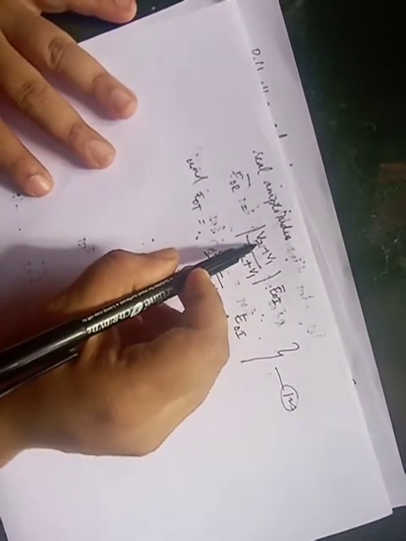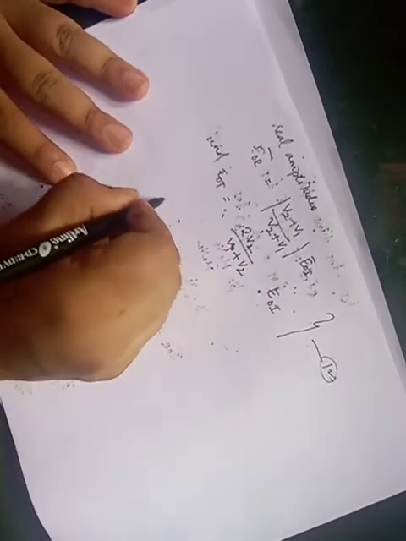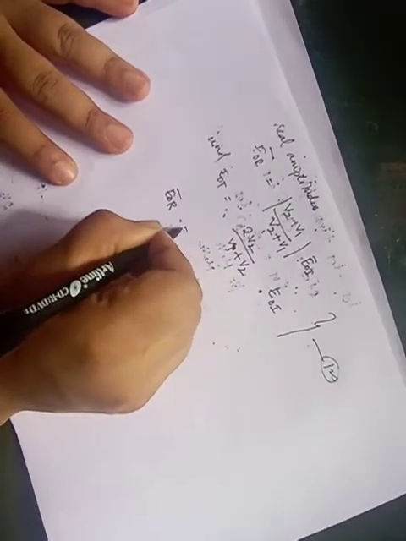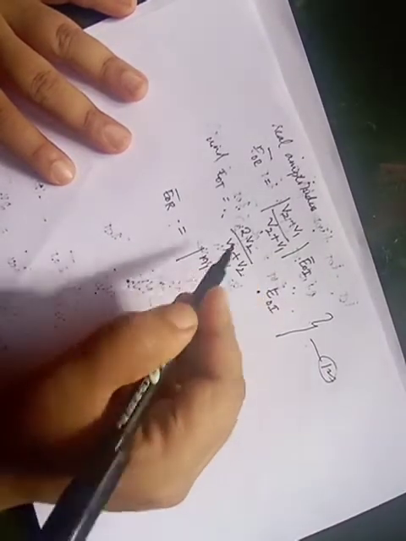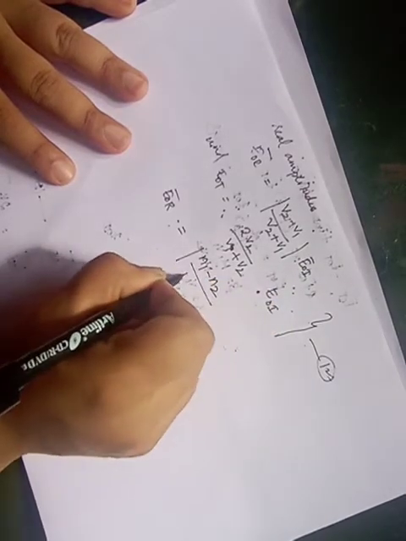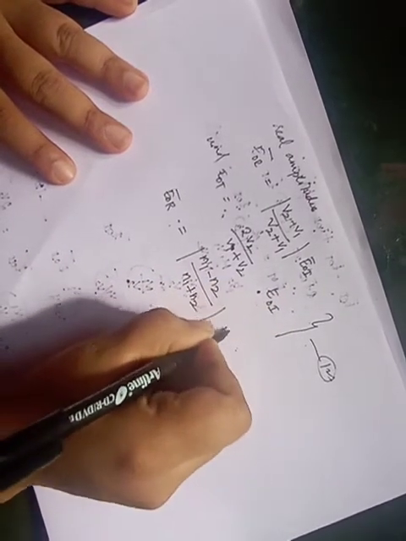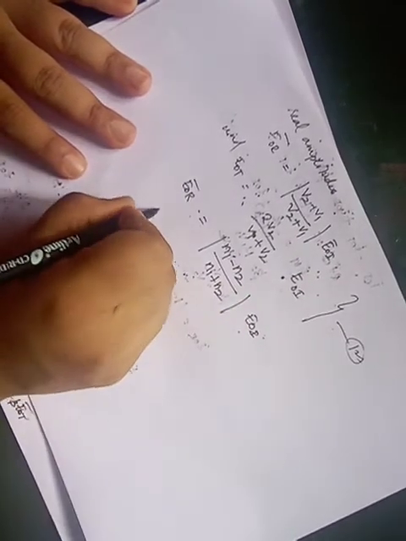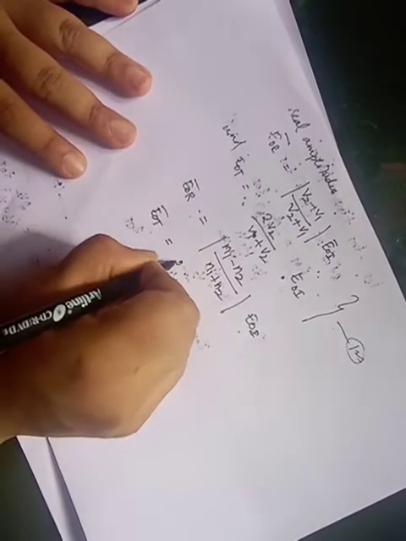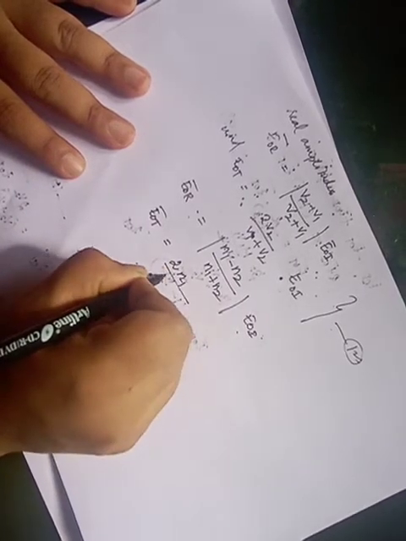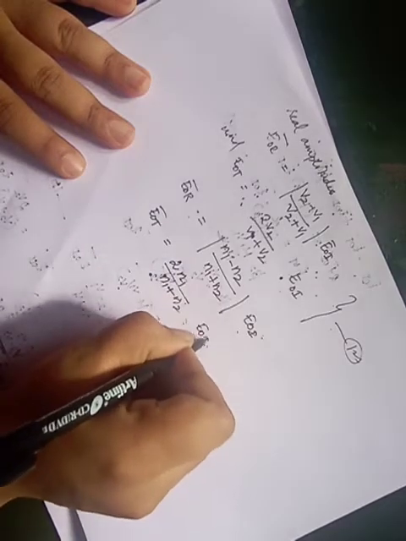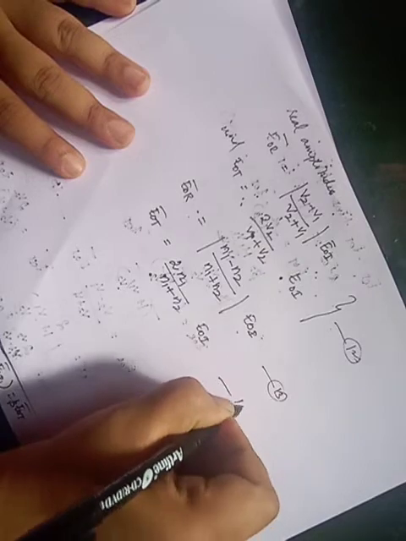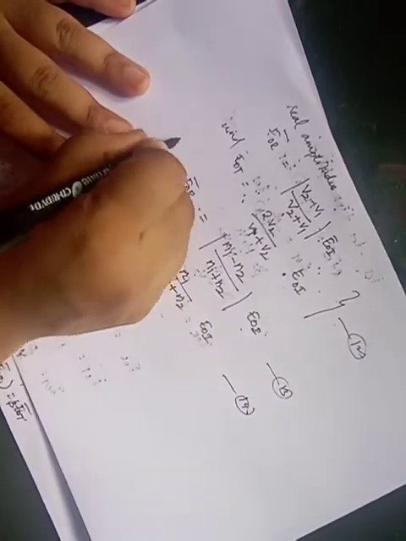In terms of refractive index, we have already seen that v2 is n1 and v1 is n2. So in terms of refractive index, these equations can be written like this: E naught R is equal to (n1 minus n2) divided by (n1 plus n2) into E naught I, instead of v2 n1, v1 n2. Similarly, the transmitted amplitude E naught T is equal to 2n1 by (n1 plus n2) into E naught I. So this is the amplitude in terms of refractive index.